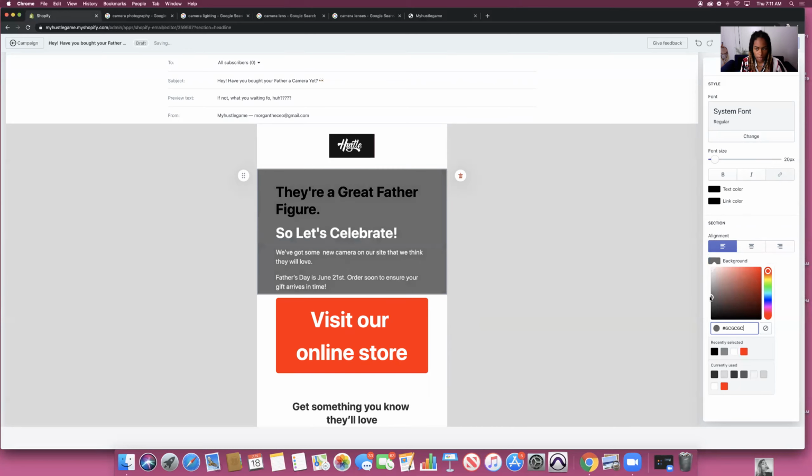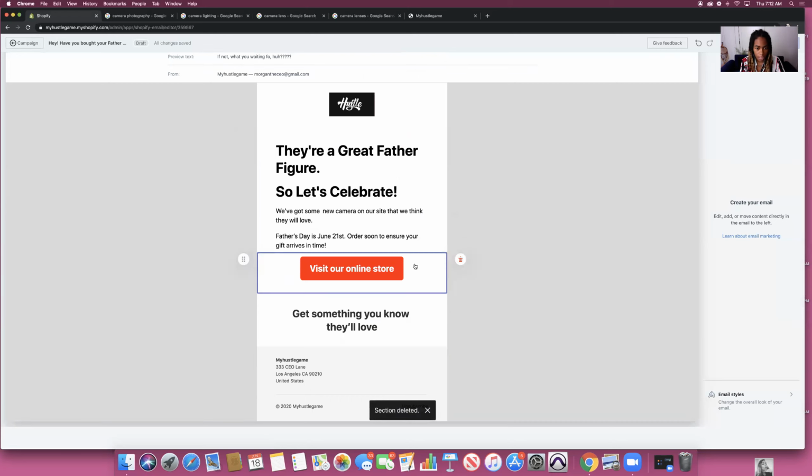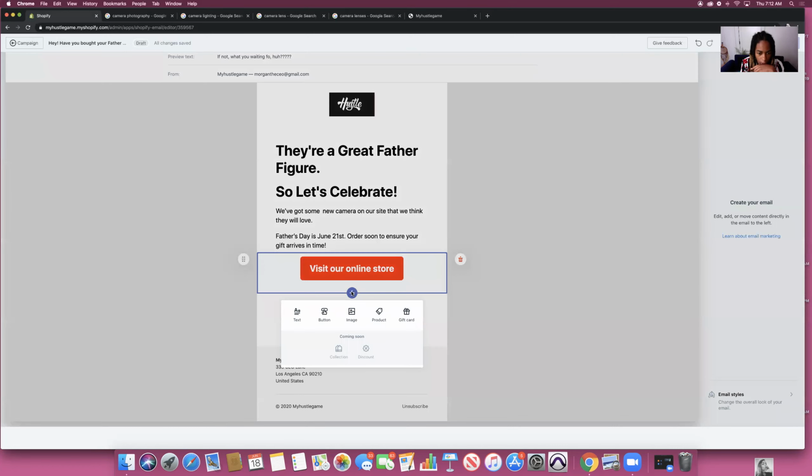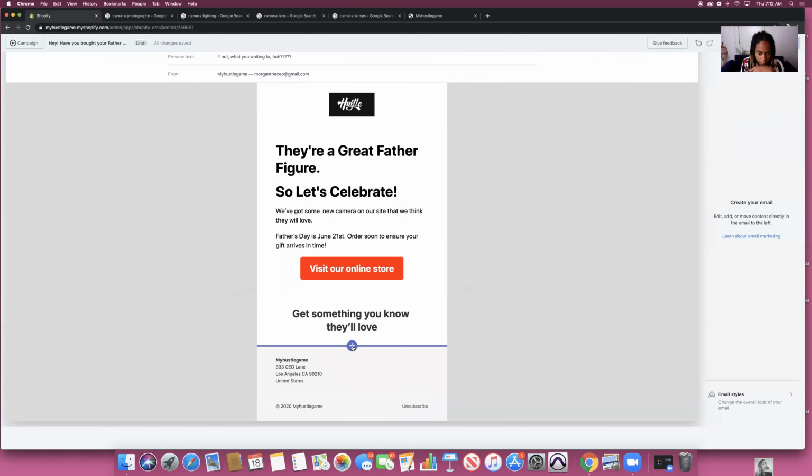Get something we know they'll love. So say I want to add something else. Say I want to actually put a product in here. I'll select this. I don't want it to be a gift card. So I'm going to take that out of the email. Now, if you want to add a new element to the email, you just come right here where that plus comes. Actually, I'm going to want it underneath this